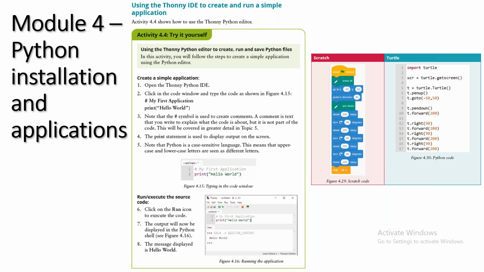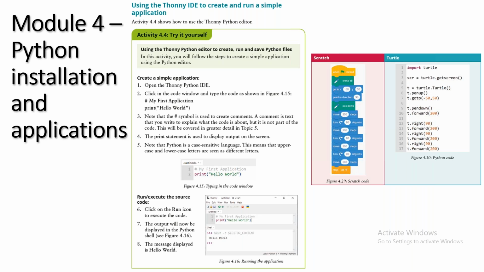So here we introduce them to the Thonny IDE, because this is also something that comes standard, built in with your Raspberry Pi OS. Thonny can also be downloaded and used on your PCs, which is what we use often because it's a very, very simple IDE, especially for beginning programmers. There's nothing too complicated about it. It's very simple to create a new file, very simple to run your program, to see your errors, to test your output.